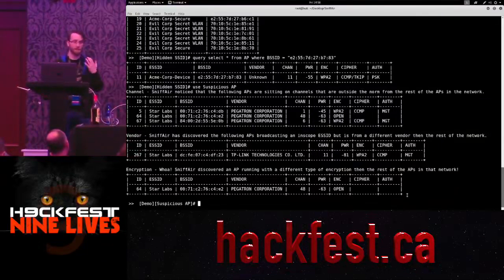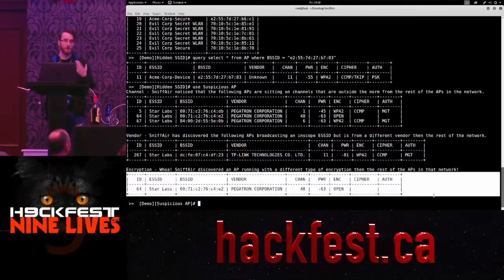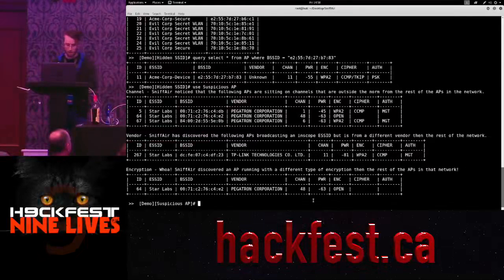This one is the big one, because we went from a client, Star Labs, running as a management enterprise using strong encryption, to one that's using no encryption. So this right here is something to be alarmed about. This gives you a quick sense of what's going on based on all the information you captured. Another module that we have